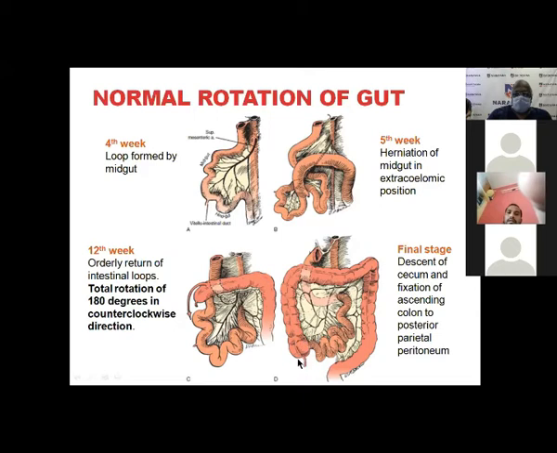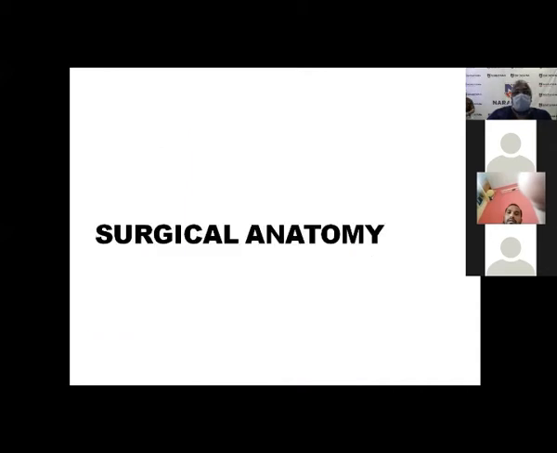Usually the cecum is mobile, in some cases it's fixed, and the ascending and descending colon are fixed. These are fixed but intraperitoneal completely. But these are covered anteriorly by the peritoneum, and literally become retroperitoneal structures. That is, in a nutshell, the normal rotation of the gut. Anything going wrong in this can result in midgut rotation arrest, a common duodenal obstruction with volvulus neonatorum, and so on and so forth, situs inversus. That we are not going for today.